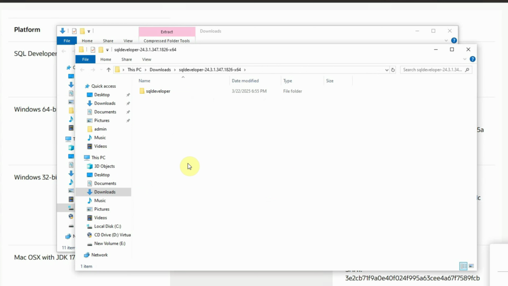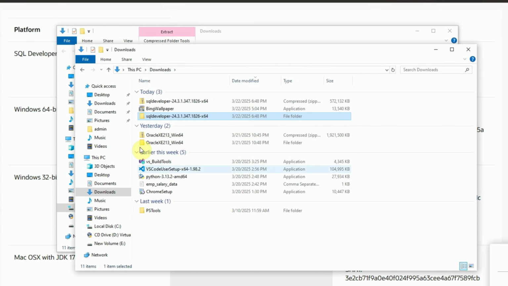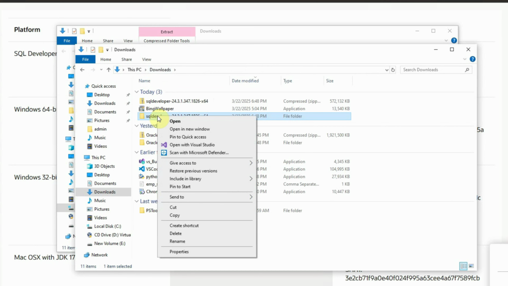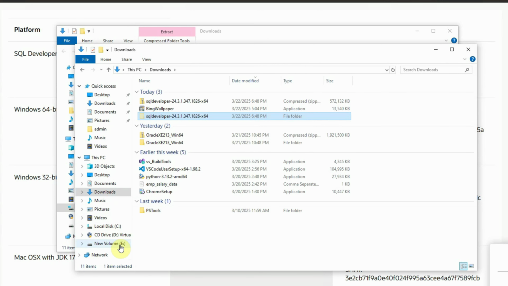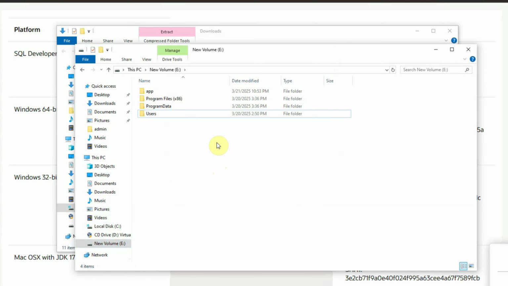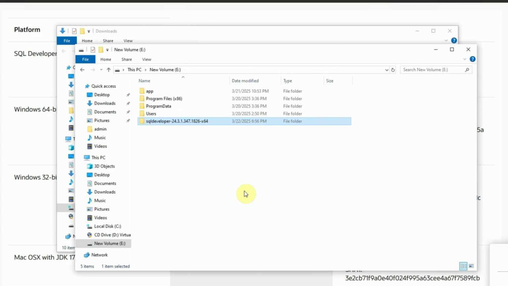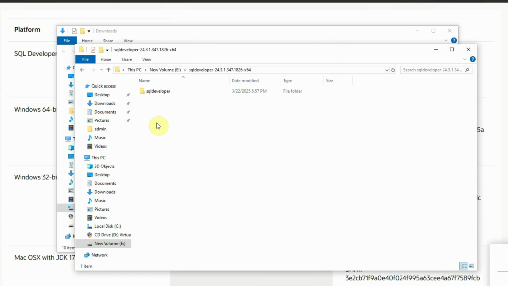Now we can see that the SQL Developer software has been fully extracted. Let's copy this folder, and I want to take it to my E drive. So I just cut that folder and paste it here. Then open this folder,